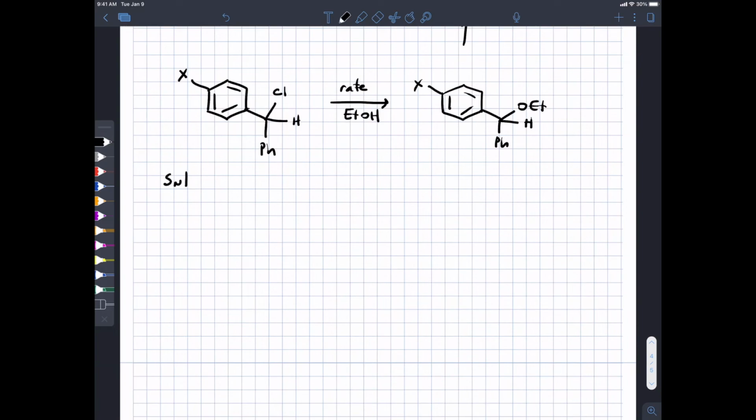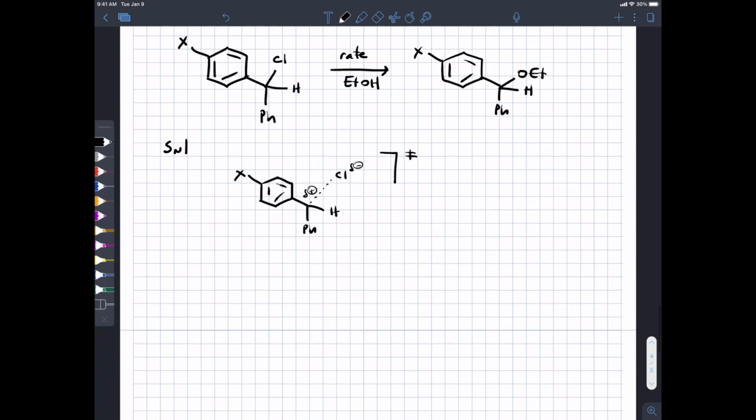There would be the Sn1 mechanism, where your transition state would involve leaving of the chloro group and buildup of positive charge on the carbon that chloro was bonded to, versus the Sn2 mechanism, in which the rate determining step is,